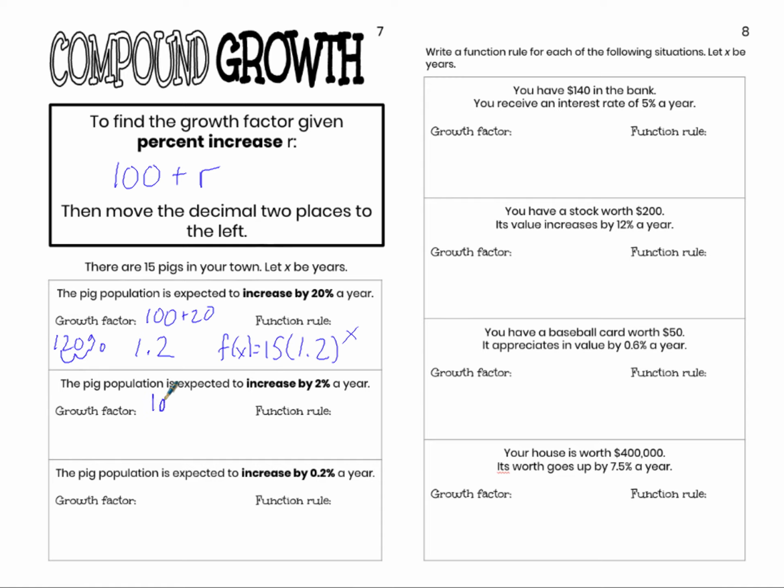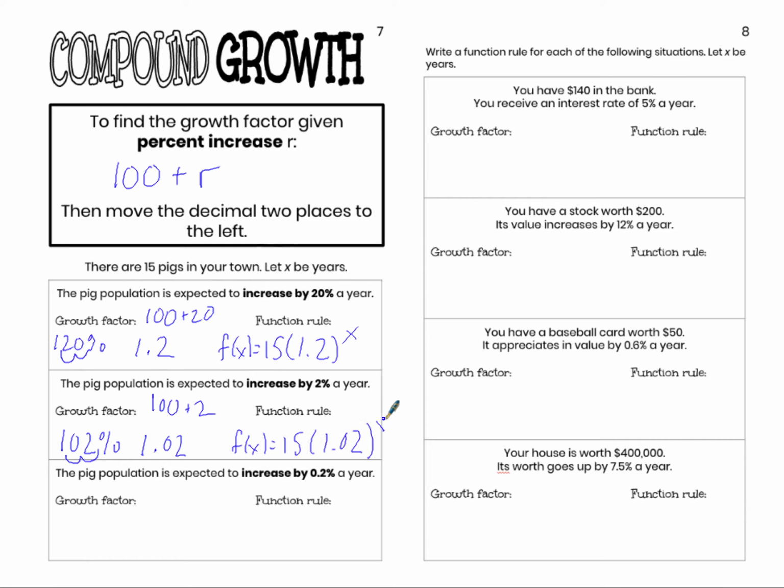If instead I were just increasing my pig population by 2% a year, I would find the next year's pig population by multiplying this year's pig population by 102%. Again, I have to have that 100% because my original pigs do not die. I still have my original pigs, that's the 100%, and then I also have 2% more. 102% is 1.02. Same start value,